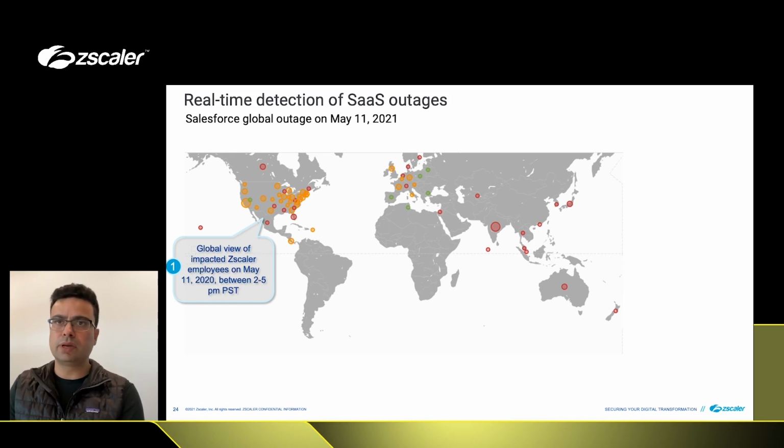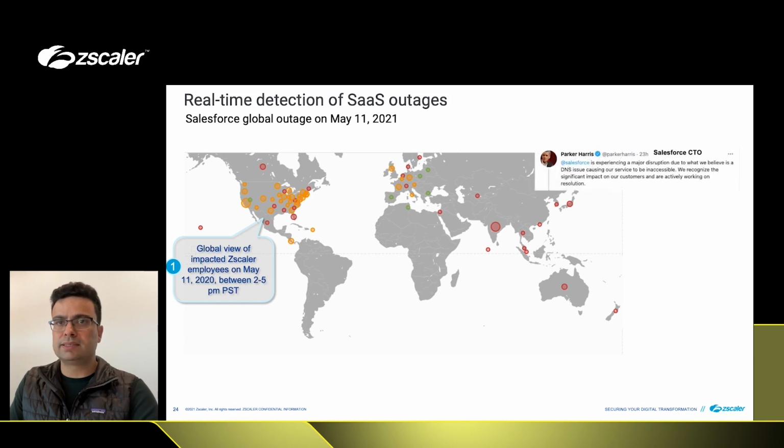So the map view that you're looking at is essentially showing all Zscaler employees, everyone working from home. The dots are showing bad scores in terms of red dots and orange dots. You are hardly seeing any green dot. This is when the problem just started happening. Each red dot is a location where Zscaler employees are located, with their correct location gained from OS latitude, longitude information. Color represents the baseline performance, showing major application issues.